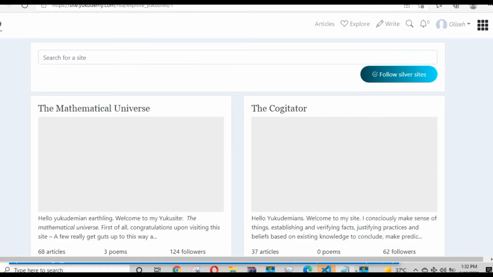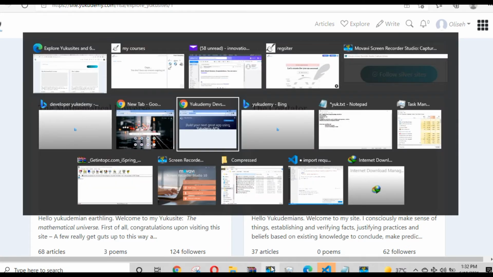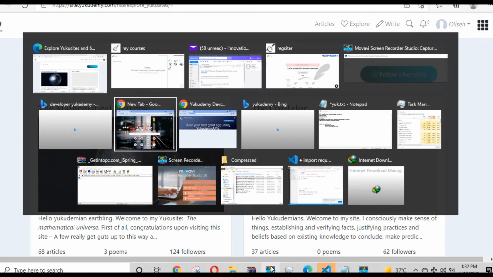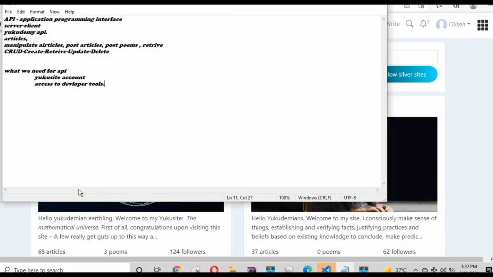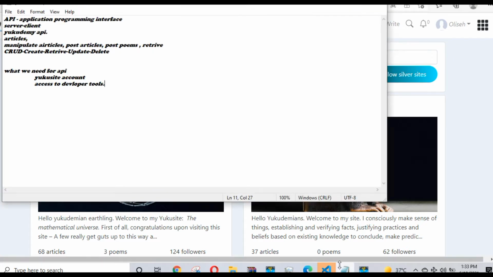Let's first go back to our notepad. Where is notepad? Notepad, we are writing some notes. Sorry about that, it's here. Control copy. Here we are on the Yukusite. You shall get this link of the Yukusite, but that doesn't matter. I do believe everyone who is following this can reach here. So on the Yukusite, we will need